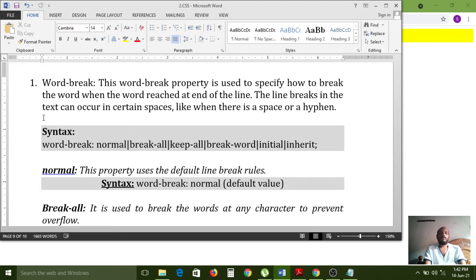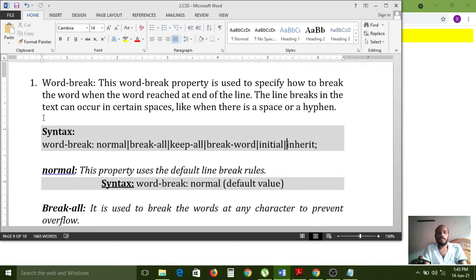Syntax: word-break is the property, colon symbol, and normal is one value, or break-all is one value, keep-all is the third value, break-word is the fourth value, initial is also one of the values of word break, and inherit is also one.